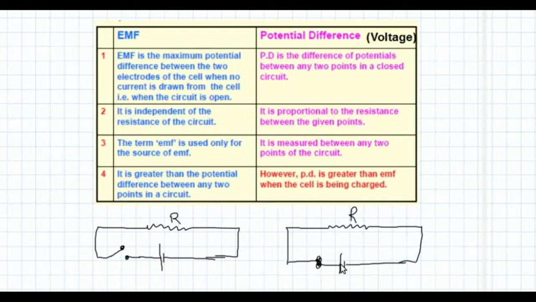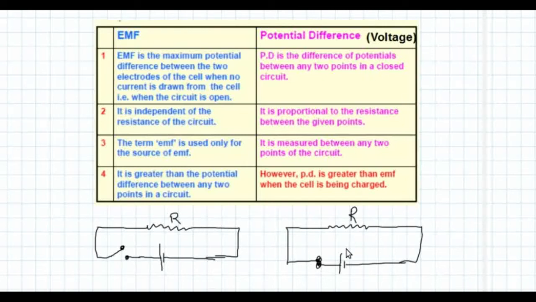Since there is a current flow between the two electrodes, gradually the potential difference will decrease. So the maximum potential difference is available when there is no current flow, and that condition is called EMF. When the circuit is closed, electrons will start to flow, or there will be a current set up in the circuit, and the potential difference gradually decreases. The potential difference across the ends of the cell when there is a current flow, or when the circuit is closed, is called the voltage.